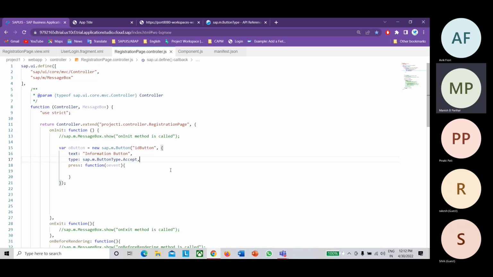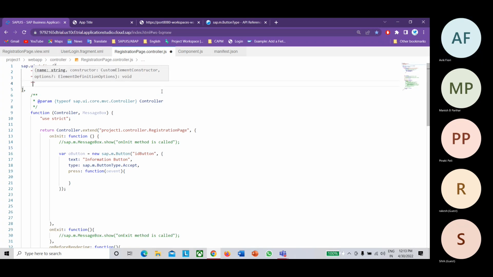It's coming from the library sap.m, that button. Previously you have used an alias to define it, so can't we use one here? Yes, we can use one more thing. For example, we have written oButton equal to new sap.m.Button. So how can we declare the same button? We need to copy it and paste it here.